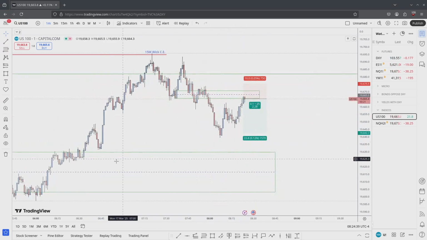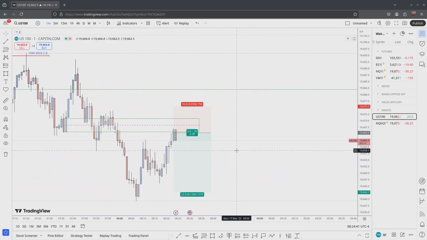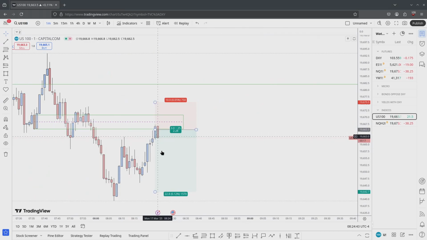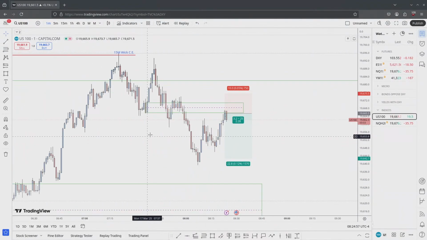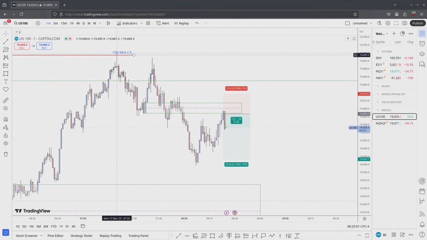If it still wants to draw lower, which you can see that we are getting respect here at the low of this breaker block. We've got a fair value gap sitting a little bit higher, nested, and that order block nested as well. So it's a nice unicorn model. The only thing I don't like here is the fact that this was the base. We tapped into that 15-minute wick consequent encroachment. Lower failure swing here.